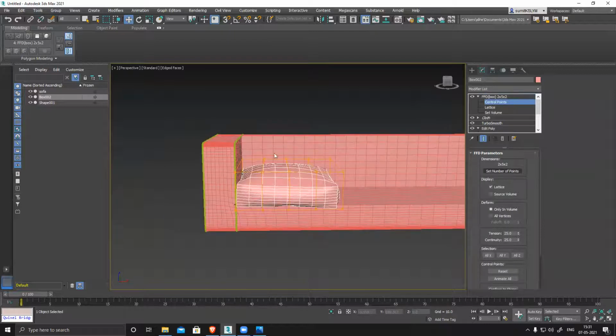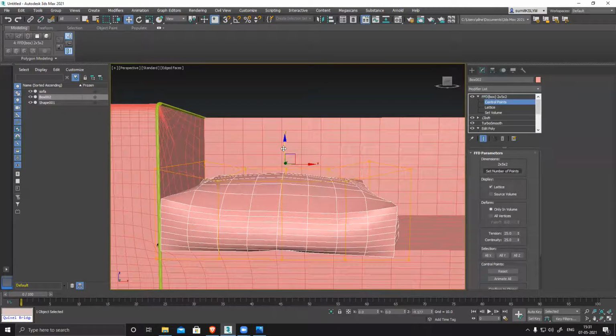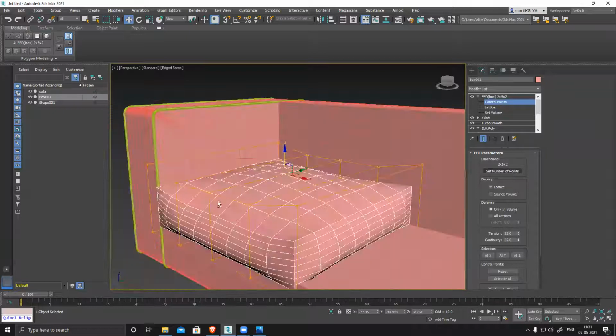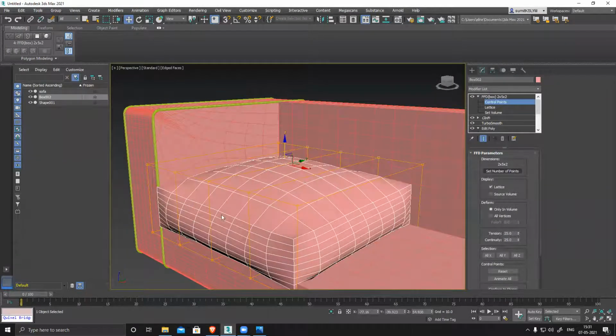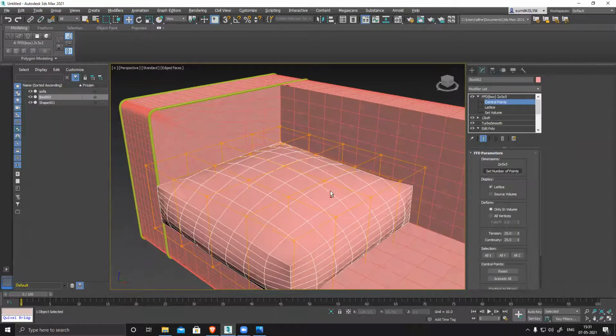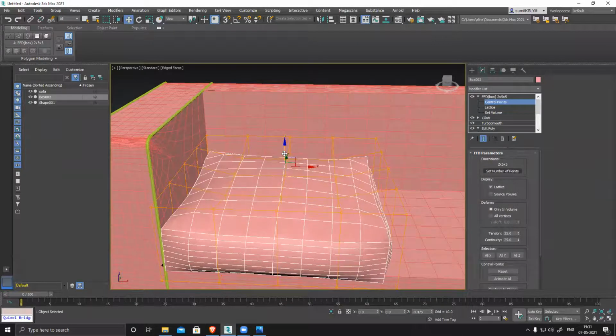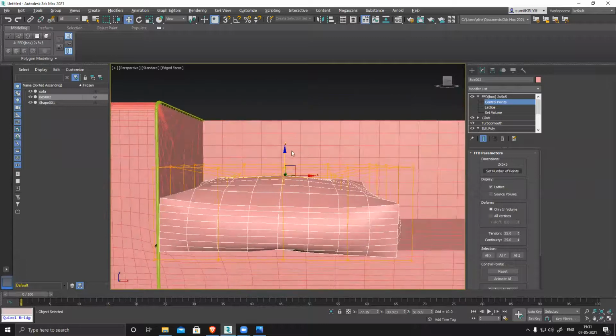Select only the top points. Bottom points are not required, and push it down slightly. But you can see it reducing this part also. What if I don't want to reduce this section? So what I have to do is go here, and height wise I need 5, I believe. Yes. So only the center part, select 1, 2, 3. I need to push down slightly. So you can see it reduces the puffiness.